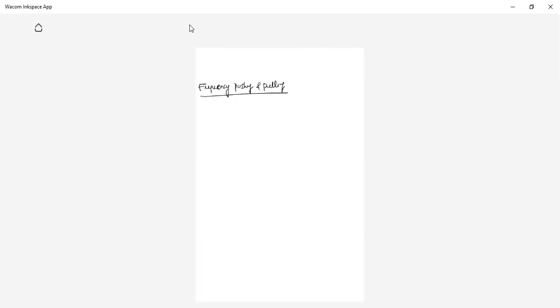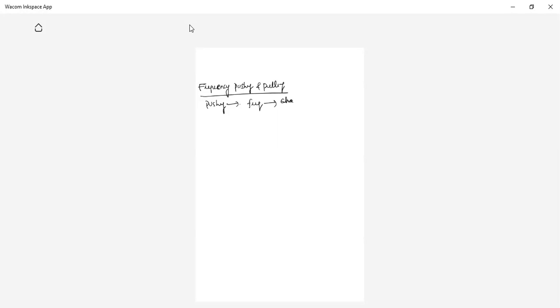One is frequency pushing, another one is frequency pulling. What does it mean? Pushing is the variation of the frequency of the magnetron due to the change in the anode voltage. Just now we have seen Hull cutoff voltage, and also the Hull magnetic field. The expression of B is dependent on the applied anode voltage. When you change the applied anode voltage, the Hull cutoff varies. And when the Hull cutoff magnetic field varies, definitely there is a change in the frequency.